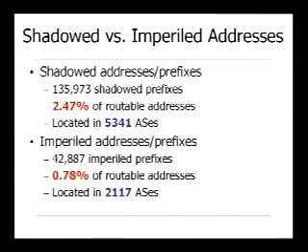So here's the result. We found that almost 2.5% of routable addresses have persistent forwarding loops. Also, almost 0.8% of routable addresses will be impacted by these persistent forwarding loops. We also looked at where these IP addresses are in terms of autonomous systems. We found that all these IP addresses are widely spread across multiple autonomous systems.